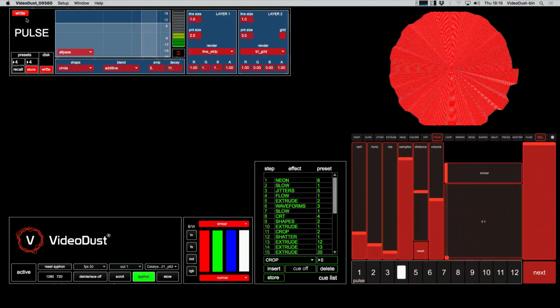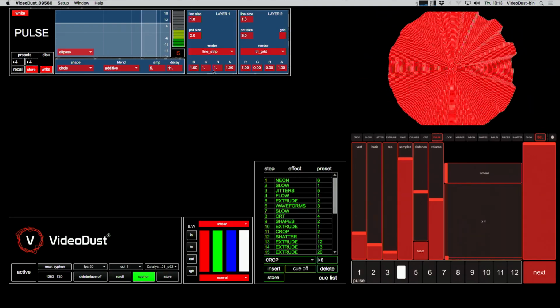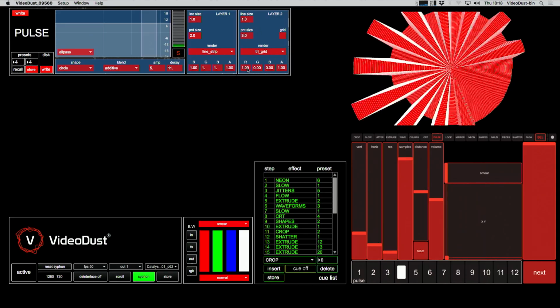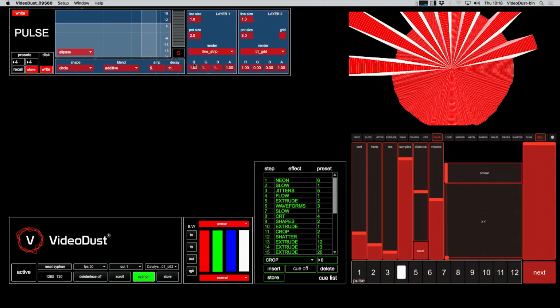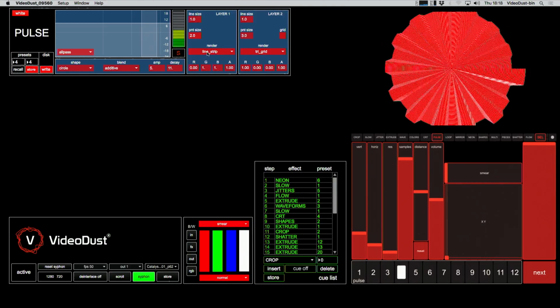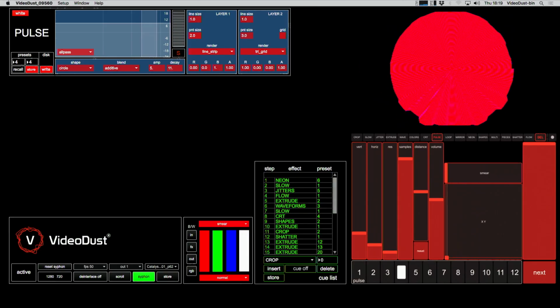And then preset 4, which on the top left, I've switched from using the live input to a solid white color. And that coloring is done here in your RGB on both layers. So on layer 2, I have the red turned all the way up, and in layer 1, I have RGB all the way up. So if I bring the red all the way down on the line section,